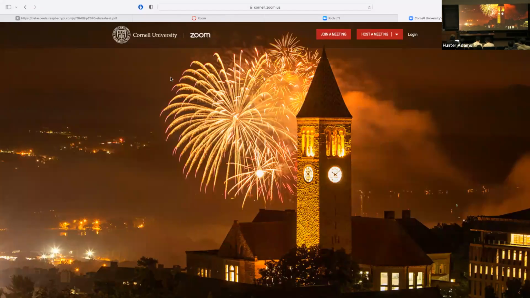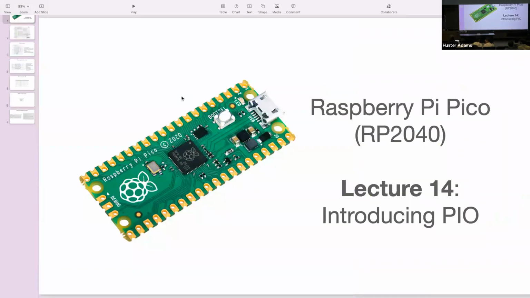So I think you'll really enjoy the guest lecture by Mason. Unless there are any further questions, I want to start talking about these PIO coprocessors, the programmable I/O subsystem on the RP2040. And let me just state that